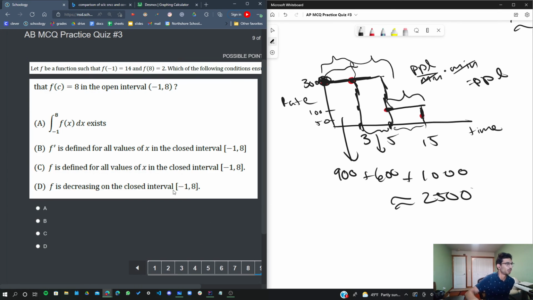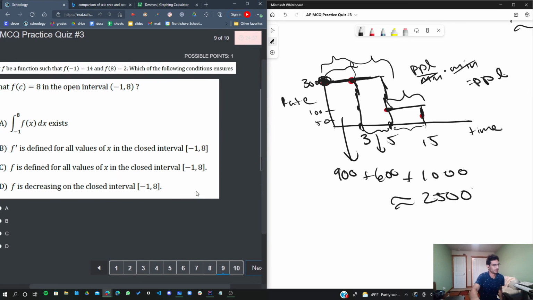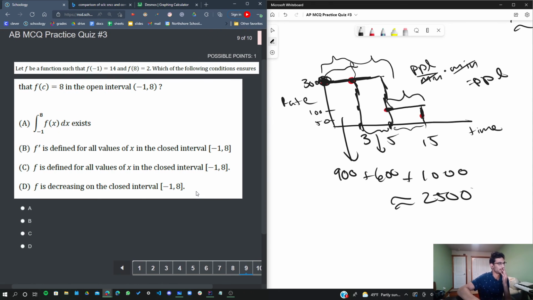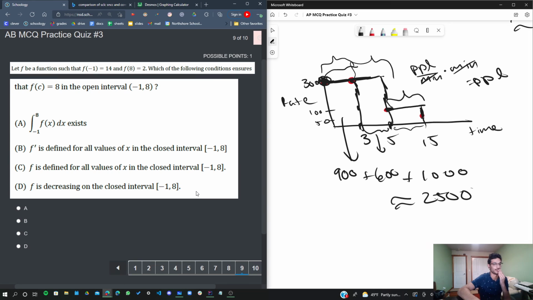All right, we have this one more right here. This one's probably just going to be a guess for me. The AP Calc exam, that's completely fine, I guess. I'm pretty sure that it's C. The reason why I think it's C is because there's the theorem, the mean value theorem, and